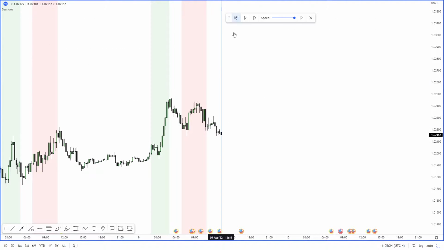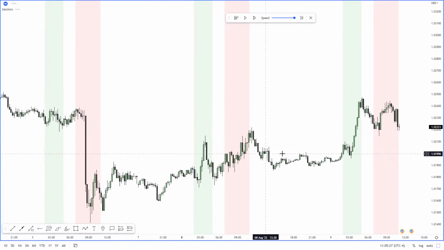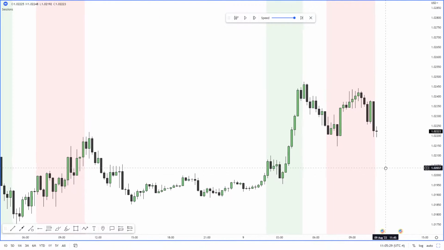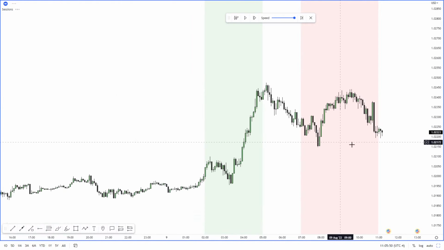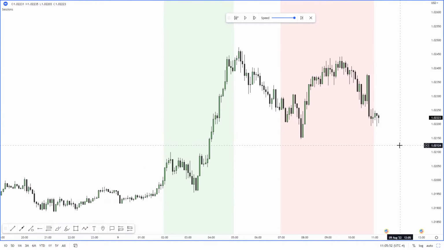And that's the end of the session. As you can see, it kind of ranged. I do believe I mentioned that when London or anything before New York has a lot of impulse, a lot of aggression, what tends to happen is, I think about it like an energy thing, price gets tired, and it just doesn't really do much through New York's session. That's the way that I call it.